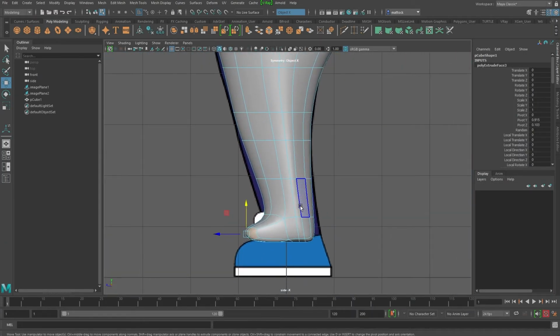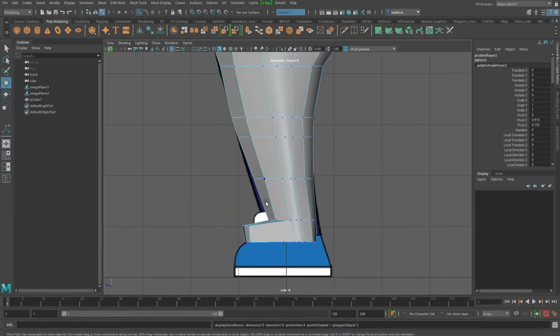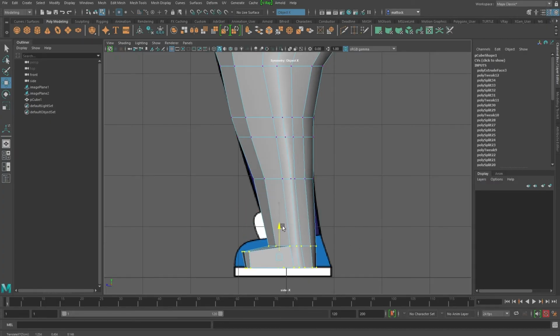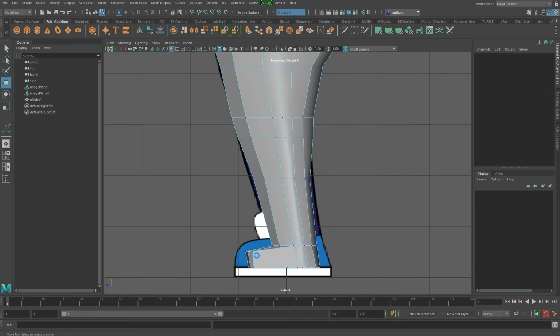As you can see, I haven't gone down far enough, so let's just select all these vertices, move them down. There you go. So this foot's going to be hidden inside his shoe, but it does give you more of an option to change the shoes and things later. So it doesn't have to be too detailed, this one.